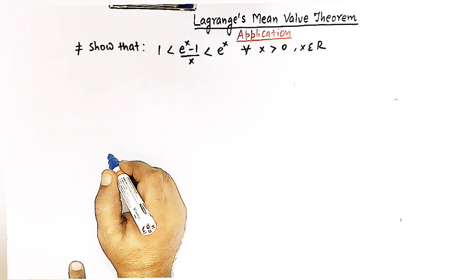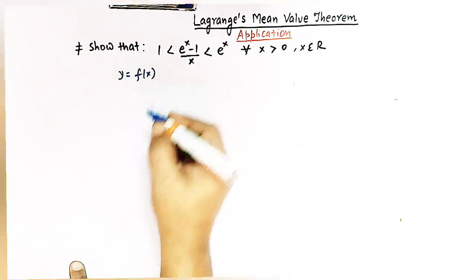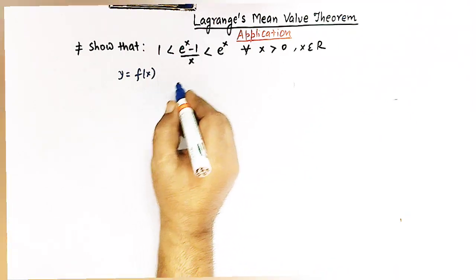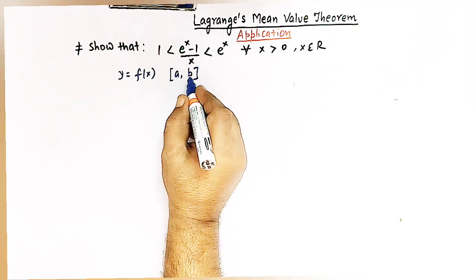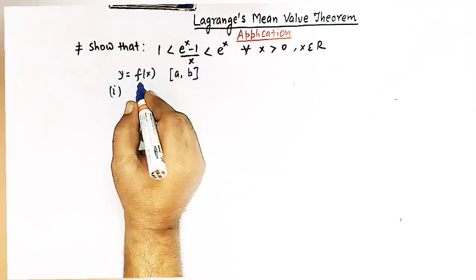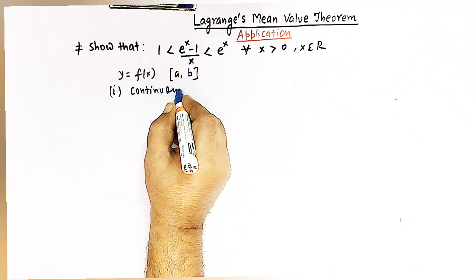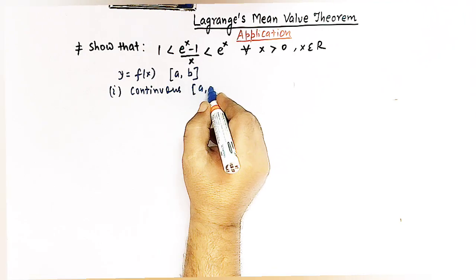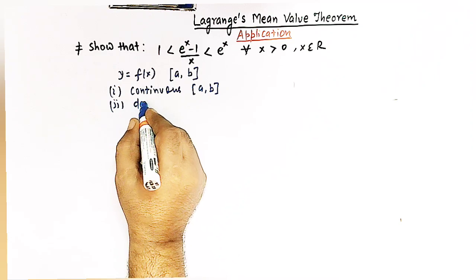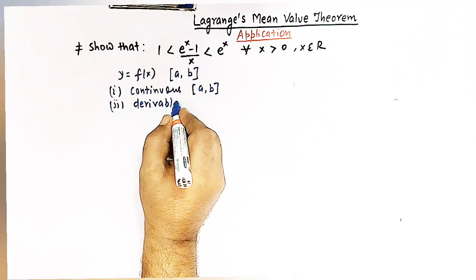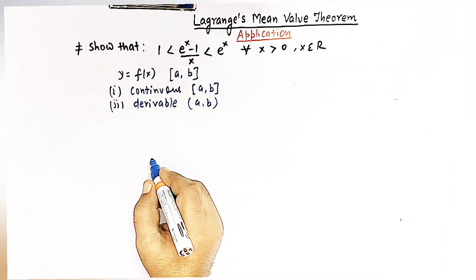Lagrange's mean value theorem says that if we have a function y is equal to f of x, which is defined in some domain, the interval a comma b, and if this function f of x is continuous in the closed interval a comma b, and this function is also differentiable in the open interval a comma b, then Lagrange's theorem says